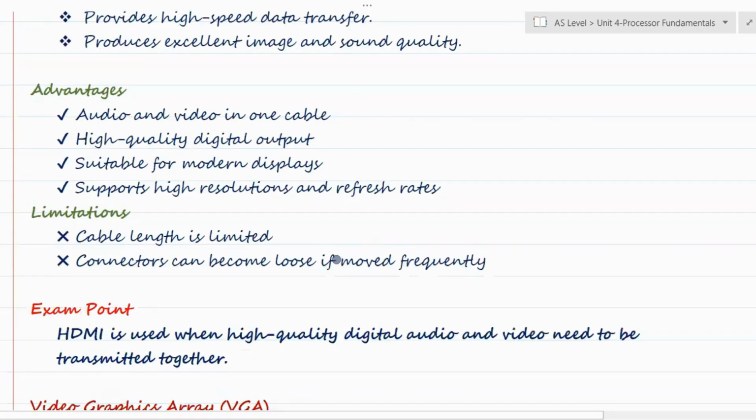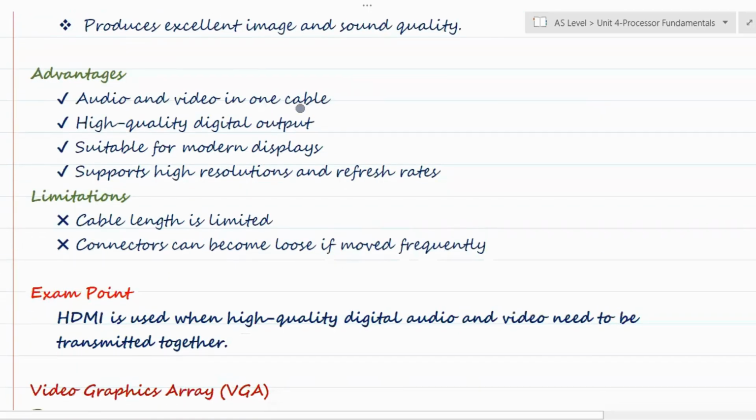So these are some advantages: audio and video can be transmitted using one single cable, high quality digital output suitable for modern displays, and support for high resolution and refresh rates. But the limitations are that cable length is limited and connectors can become loose if moved frequently. From exam point of view, HDMI is used when high quality digital audio and video need to be transmitted together.